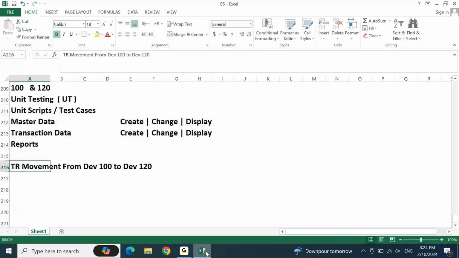TR movement from development 100 to development 120. This is within development. Within development, you are going to call it client copy. To do this client copy, you are going to use a transaction code like SCC1. When you use the SCC1 transaction, you will be able to move all the configuration settings whatever you did in development